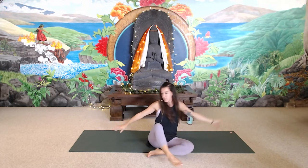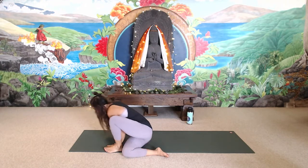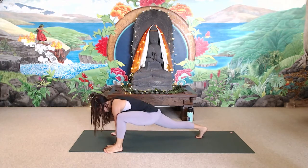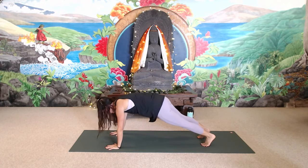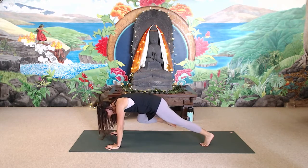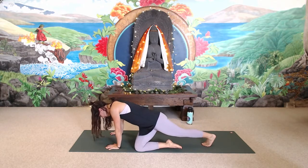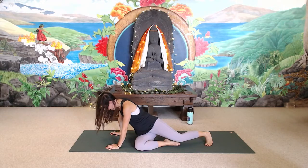And the next time you roll over to the left, pause there, plant the hands, step the left leg back, and then step the right leg back. And hug the left knee into the chest, just letting it rock from side to side. And then all the way to the short edge or the long edge of the mat. Hip down, other hip down. You're back at the beginning, and